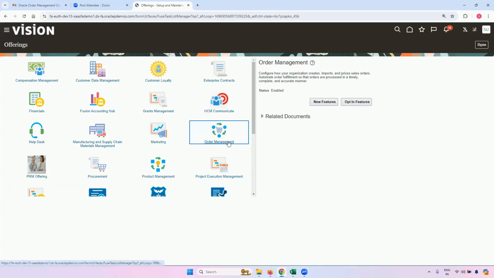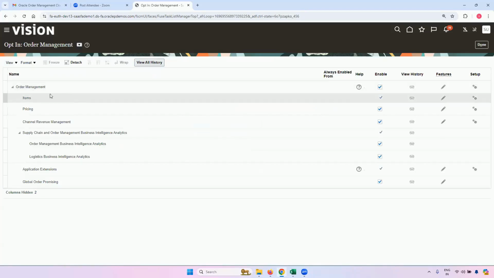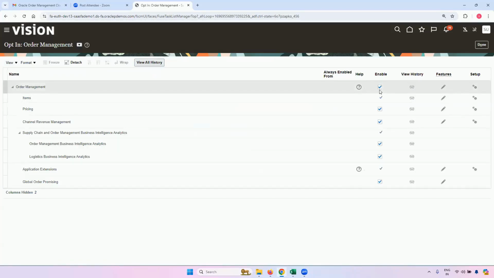So let me go to Order Management itself and click on Opt-In Features. As you can see on my screen, the Order Management module needs to be enabled. If you are working on any module, it needs to be enabled from here. This is a compulsory setup. Order Management is already enabled so that we can create setups and do transactions in that module.